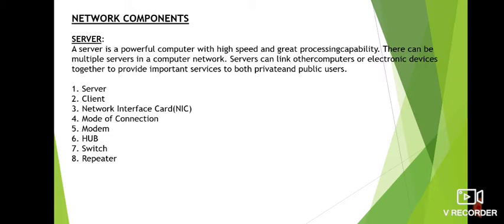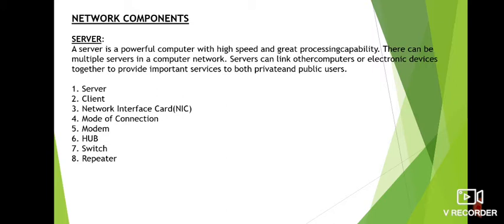Next we have repeaters. The main work of repeaters is to establish communication in a proper manner. It means when a signal travels a long distance, at certain points signals are going to be lost. At that point, we need some booster, some repeaters, to boost the strength of the signal. So for this, we need repeaters. The repeater is a device that is used to boost signal strength.